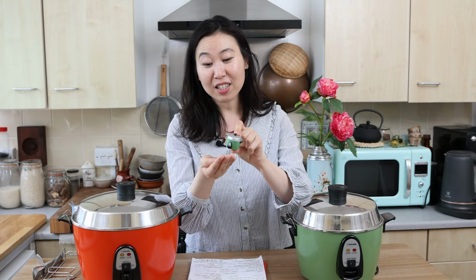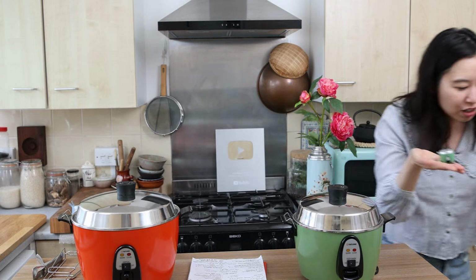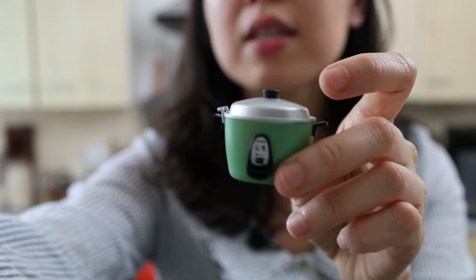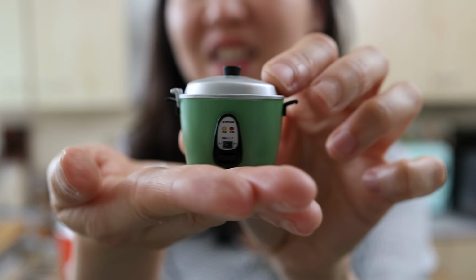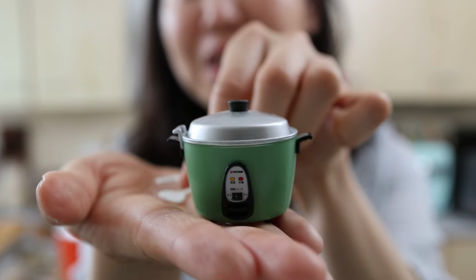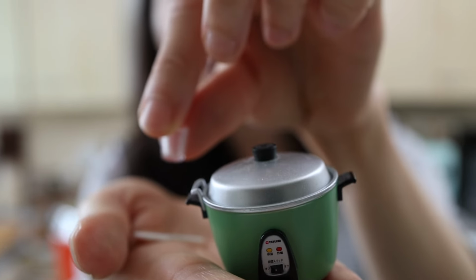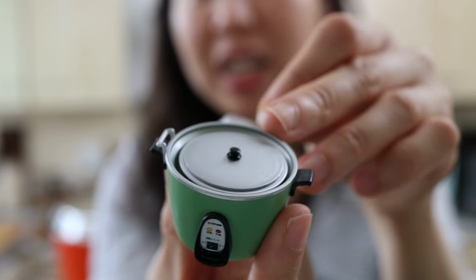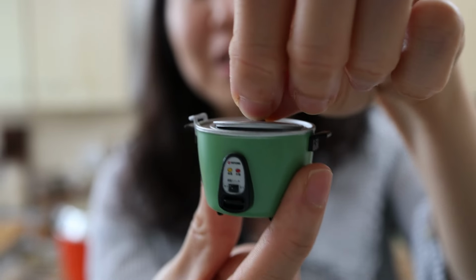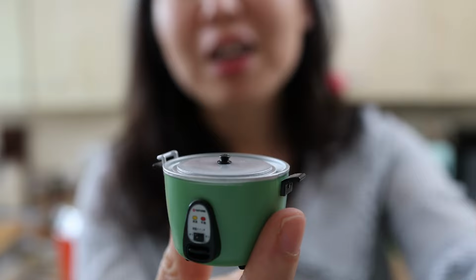Just how iconic it is, you know those, I'm gonna come closer. Okay, hold on. You know when they sell the little capsule toy machines, right? They sell this one. Look, there's the rice paddle, there's the little rice cup. That's crazy, right? I'm not selling this toy, but they do sell these on eBay for quite a chunk of change as well. So that is how iconic